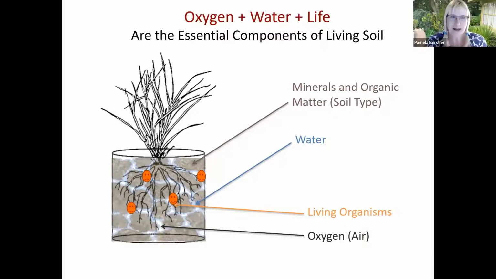We like to describe living soil as oxygen, water, and life. OWL is the acronym. The spirit animal for G3 is the owl, and it stands for oxygen, water, and life. And if you think about it, the whole purpose of irrigation is to maintain a balance of water and oxygen in the soil. Remember, if there's too much water in the soil, it's saturated, and so there's no oxygen, and that's not a good condition. And if there's too much oxygen, not enough water, that's not a good condition. So we manage the balance of oxygen and water in the soil. But why do we manage that balance? We manage that balance so that we can have the abundant life that we need in the soil